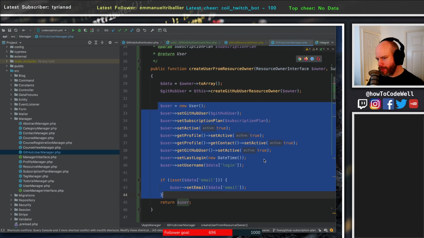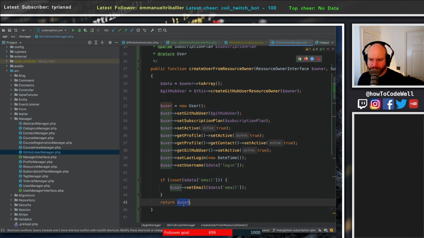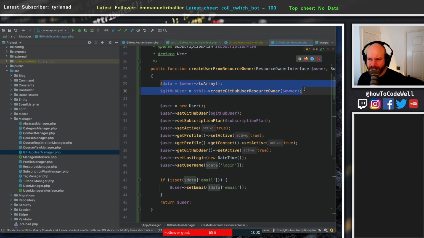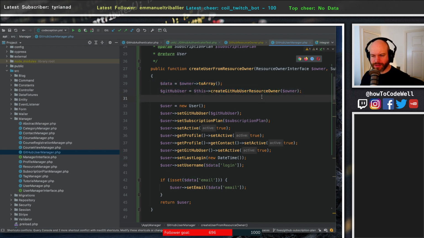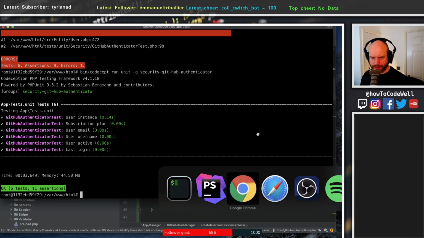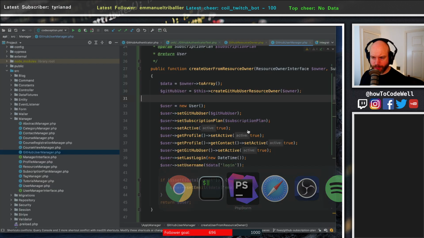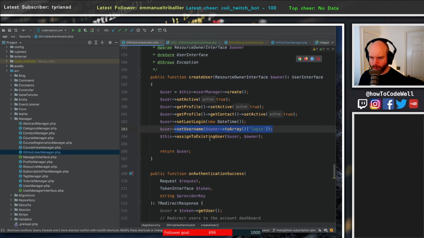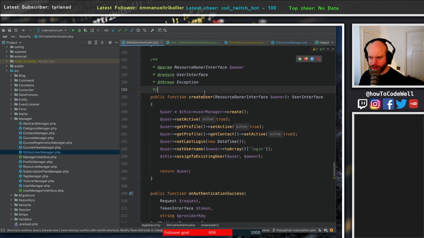Maybe, I mean, it doesn't need to be, that's fine. I mean, we're returning the user. It just looks like, yeah, okay. Maybe I'm being a bit picky. Again, we're moving away from the actual goal of what we wanted to achieve, which was rewiring this. So the create user